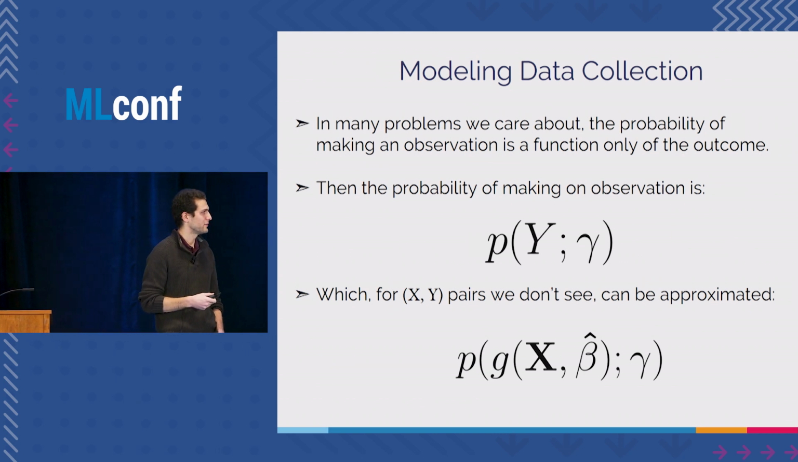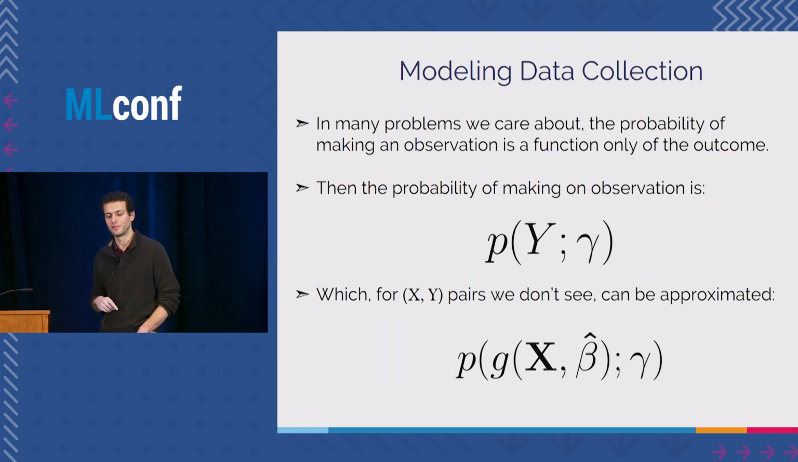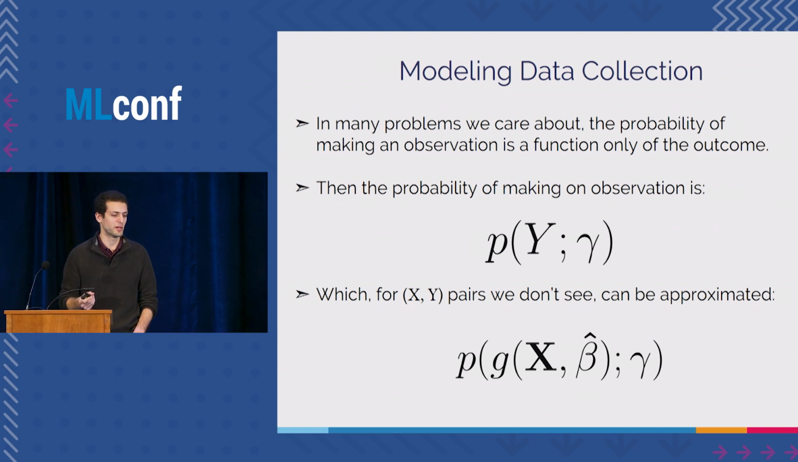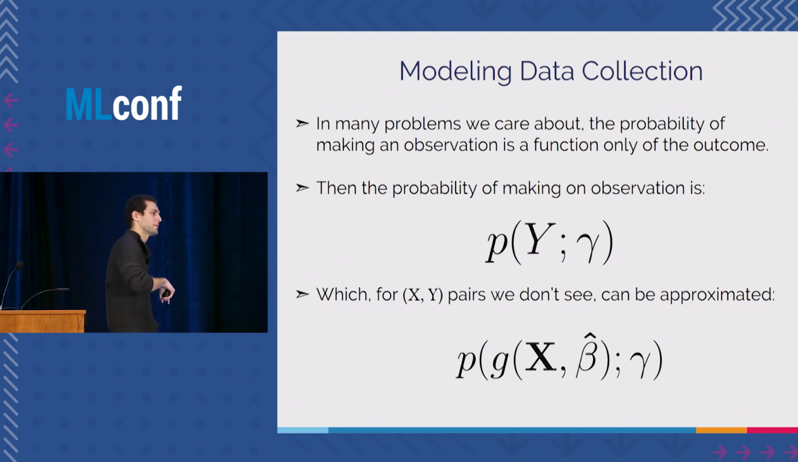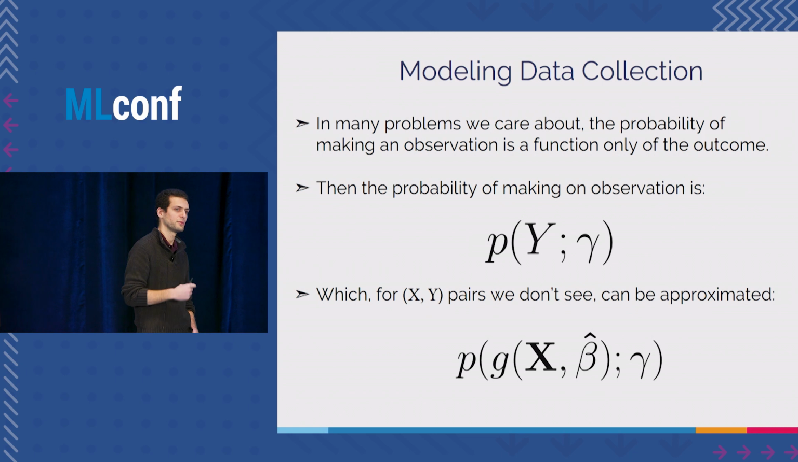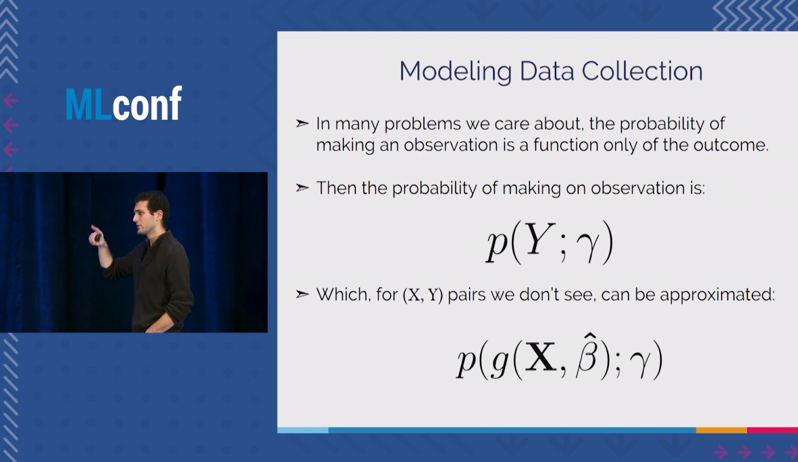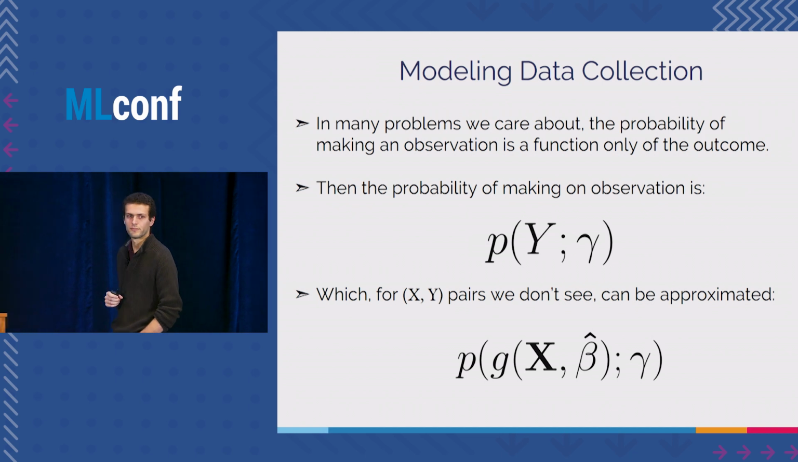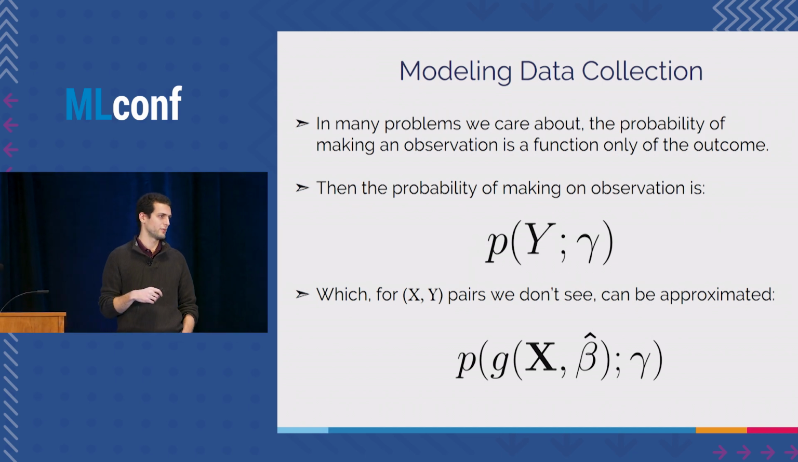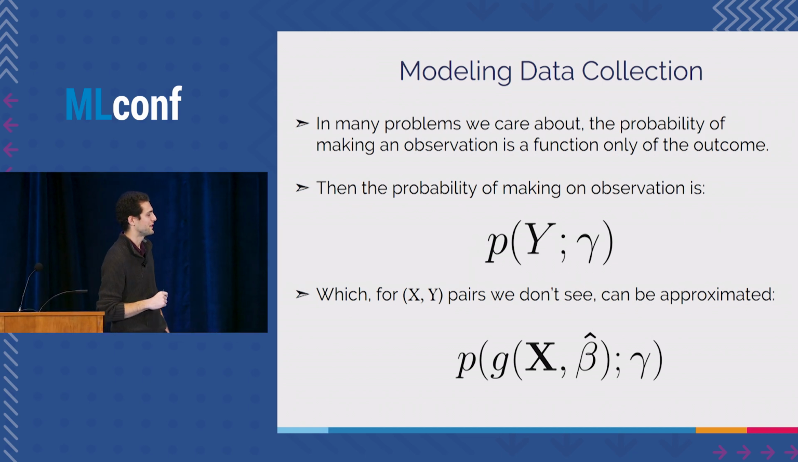In problems that we care about in machine learning, we can do this. The probability of making an observation is a function only of the outcome. So we told a story about white blood cell count, and we told a story about project management, where how likely we are to see something depends only on the outcome, doesn't depend on other things. And so if we're willing to say that, which we can say in machine learning because we don't have to worry about specifying things exactly correctly,